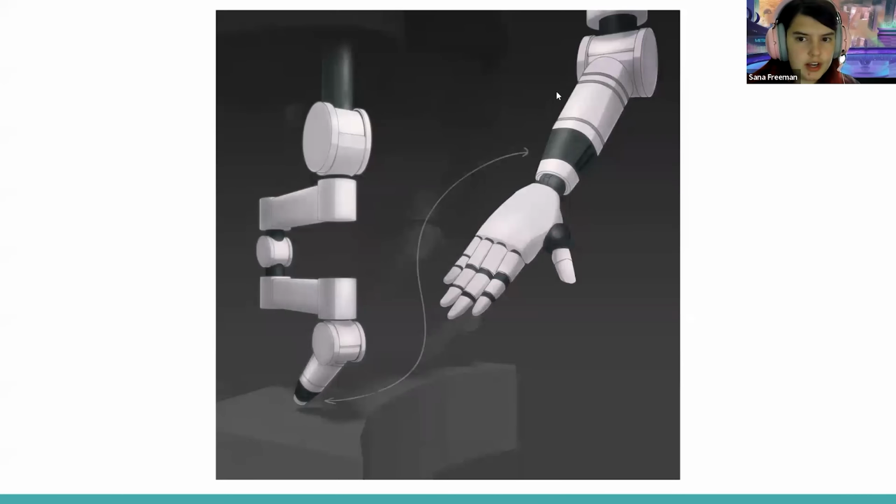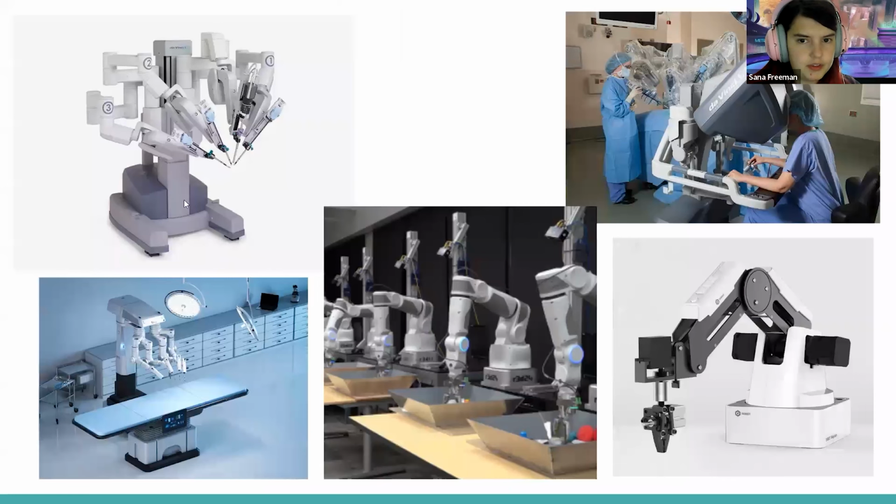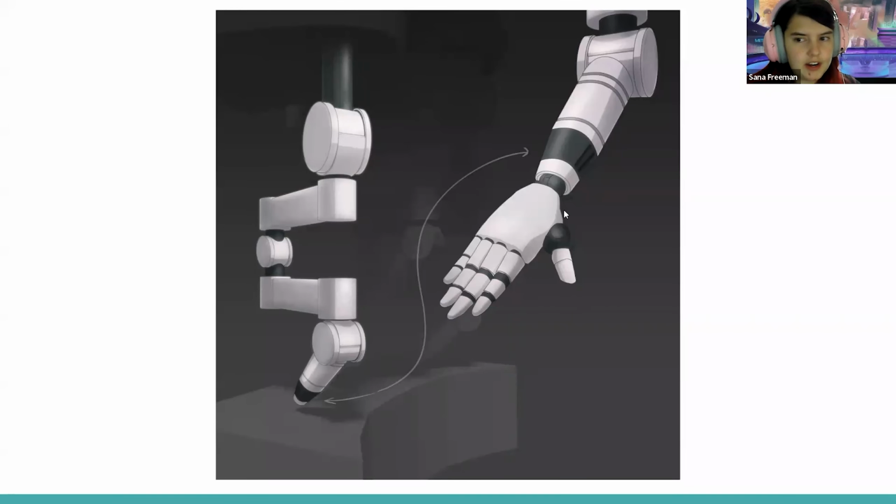So that's when I came up with this design, which very much resembles stuff like this. I did have to add this hand, which again, this hand isn't something I'm a big fan of, but it's what the director wanted, so sometimes you have to concede.